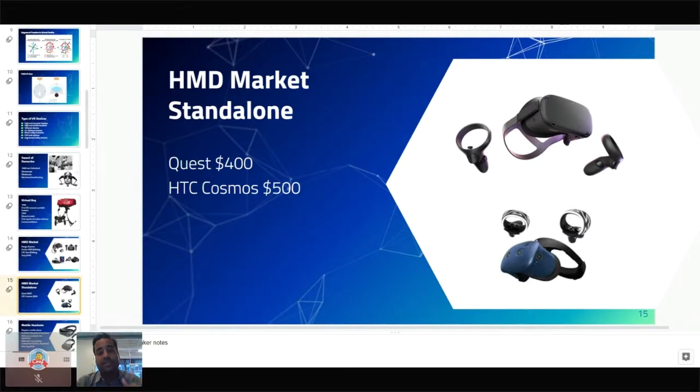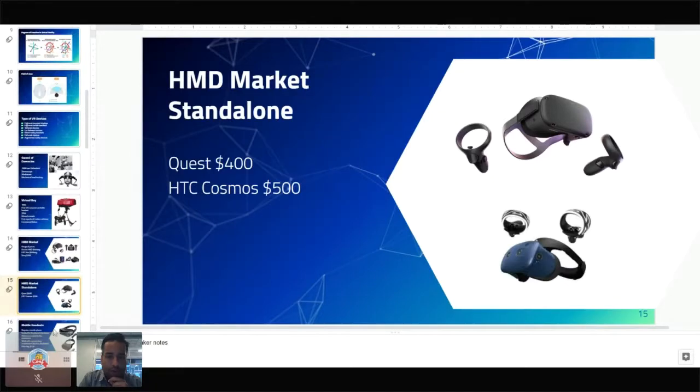But it offers 6 degrees of freedom because it's using a technology that uses video cameras to detect where you are in the space. The one below is the HTC Cosmos. I don't think it's available in the US, but I'm sure it's available in Asia. Same concept. I think it has more cameras. One of the biggest issues with the Oculus Quest is that you can't track the controllers once you lift your hand over your head because there's no cameras in the back. That doesn't happen with the other headsets because there are sensors in the room.